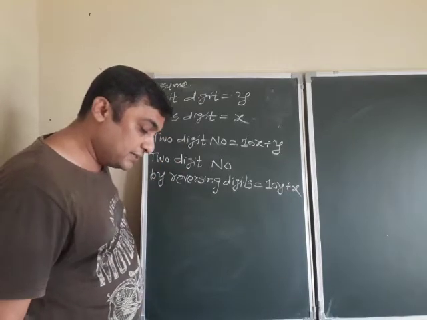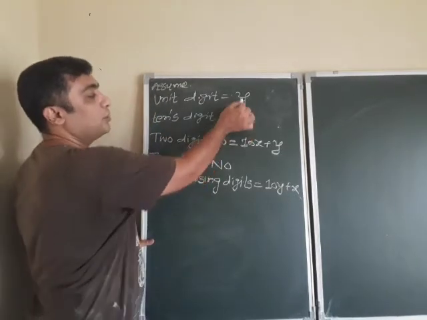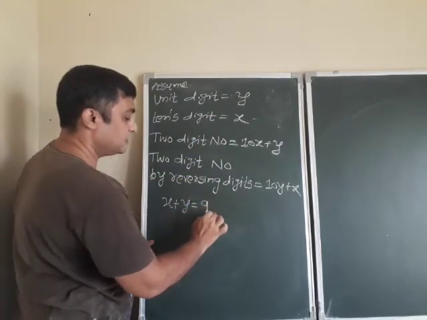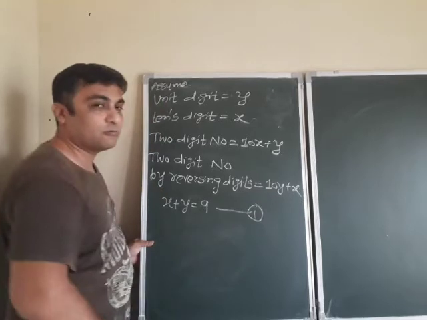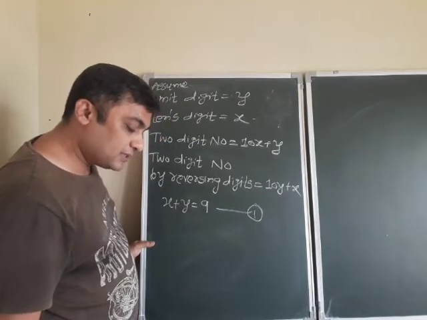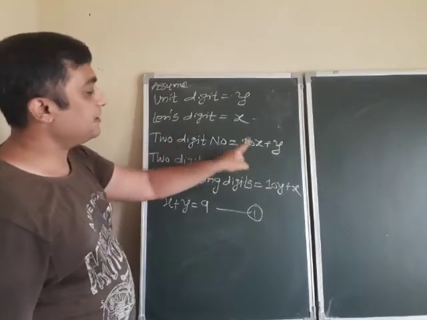The sum of the digits of a 2 digit number. So sum of the digits, that is x plus y, is equal to 9. Equation number 1. See, also 9 times this number,